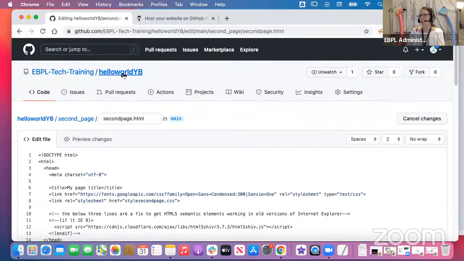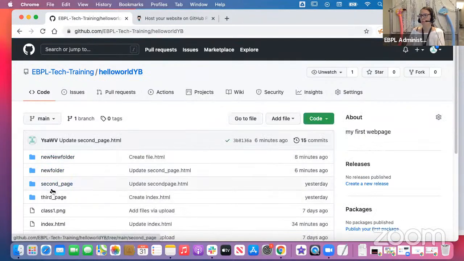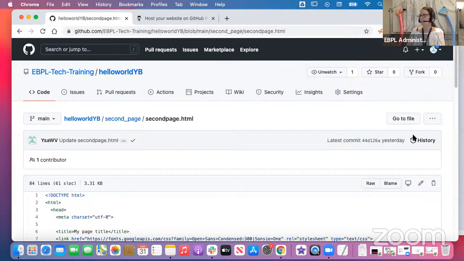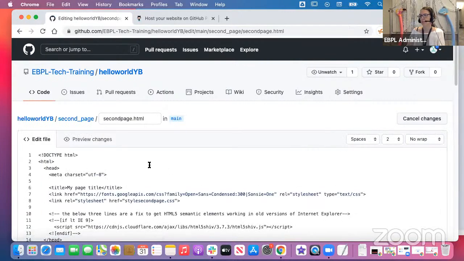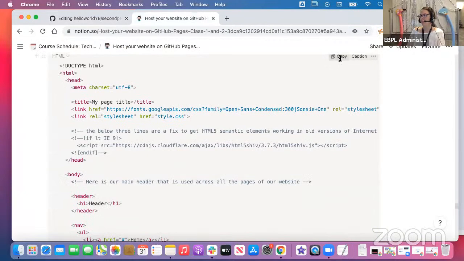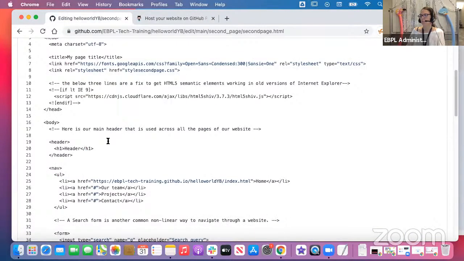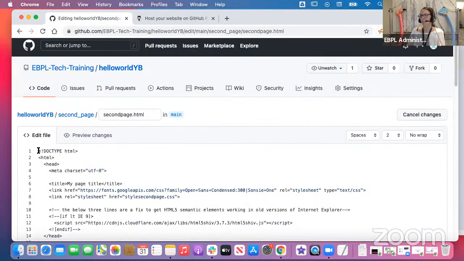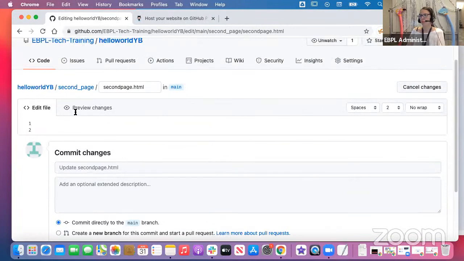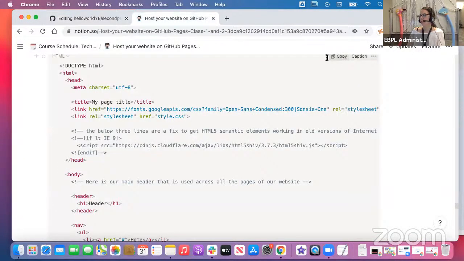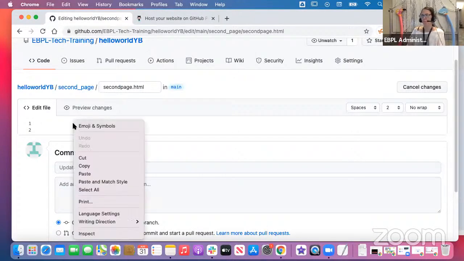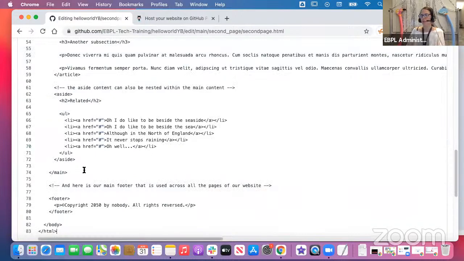So if you go here, find your second page, click on second page HTML, click edit, and bring the code from the handout. I'm gonna delete this, so start. So it should be like that. So bring the code from the handout or from Slack, and then do paste, and then the whole code is in there,